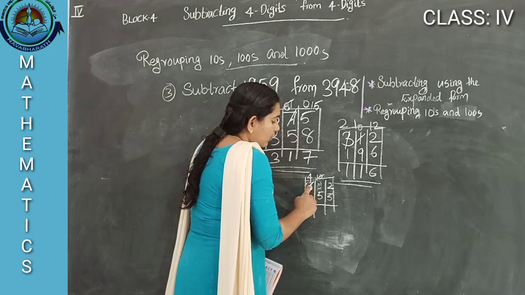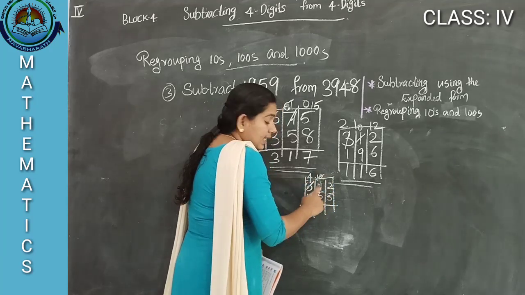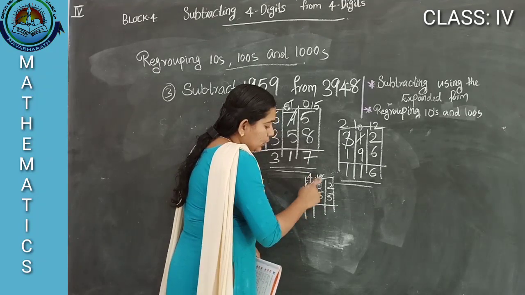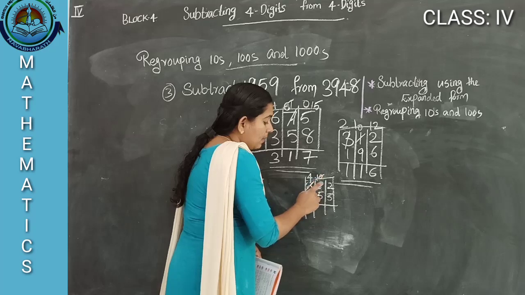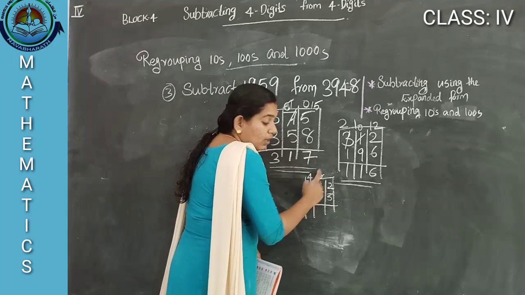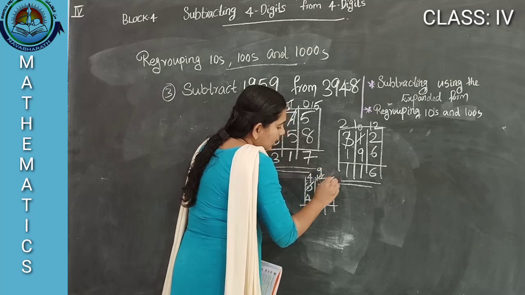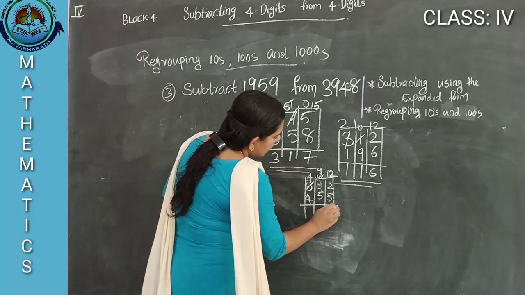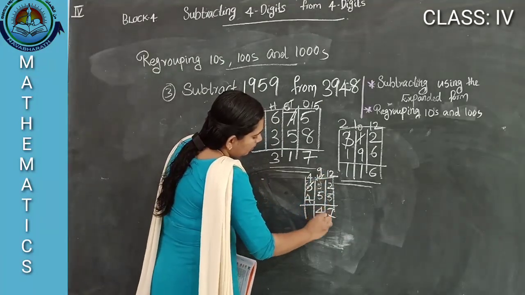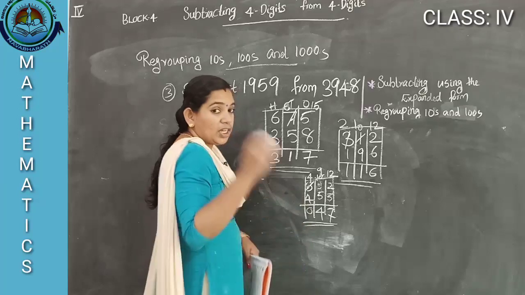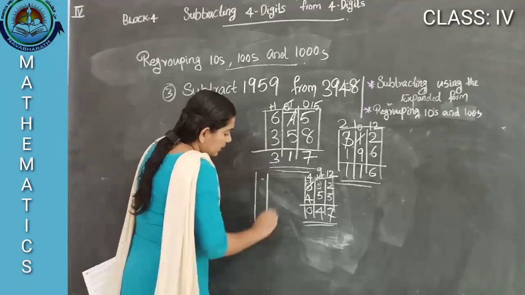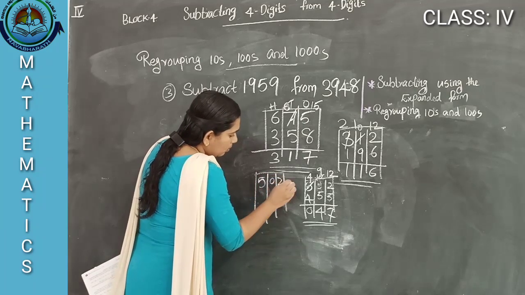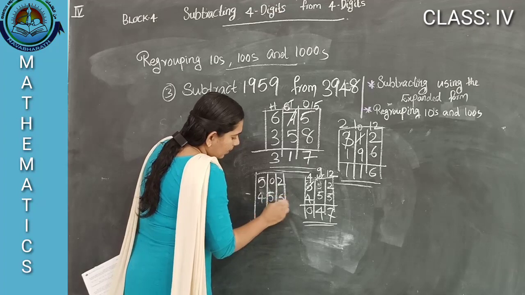Don't take 1 from here. The next place only we are borrowing. So we are taking 1 from the hundreds place to the tens place. Then this number becomes 10. From this 10 we want to take 1 to here. This 10 becomes 9. Here 12. 12 minus 5, 7. 9 minus 5, 4. 4 minus 4, 0. So many of them made the same mistake. This is wrong. Okay. 5, not 2, minus 455.